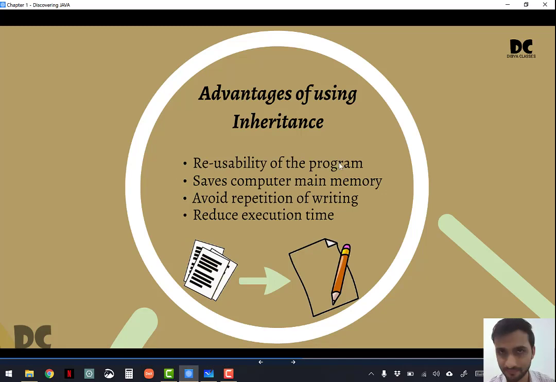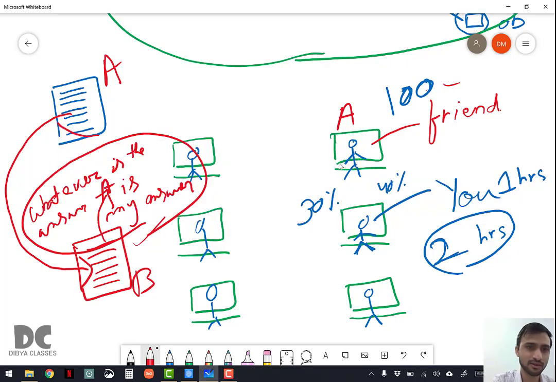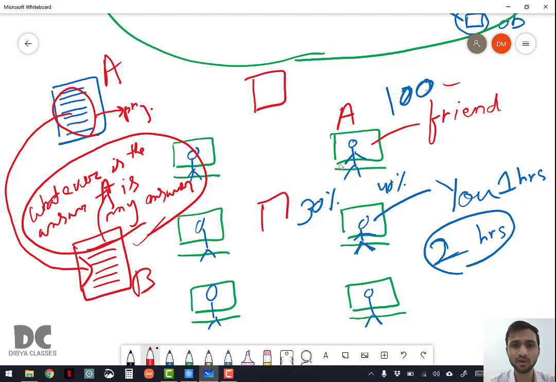Reusability of the program. We'll be writing Java programs, but you can assume that this is nothing but a program. So here these are answers. The reusability means you are reusing the same answers already written. You've already written a program in Java, and in another program you have to use the same thing. You do not have to write it again.